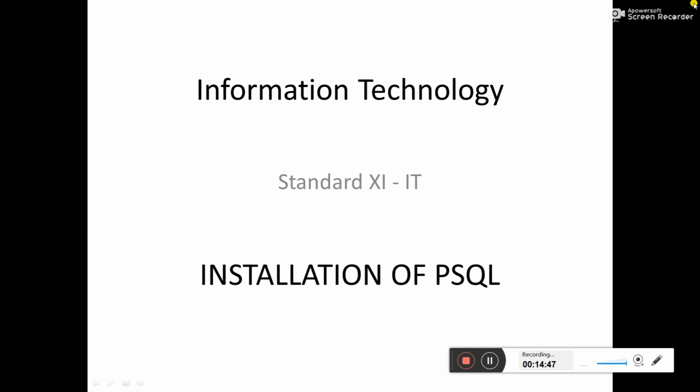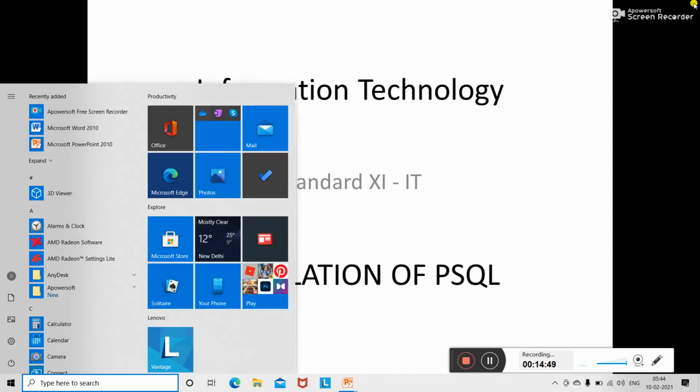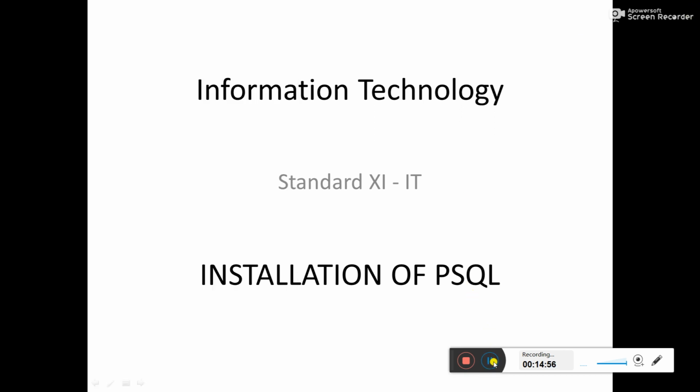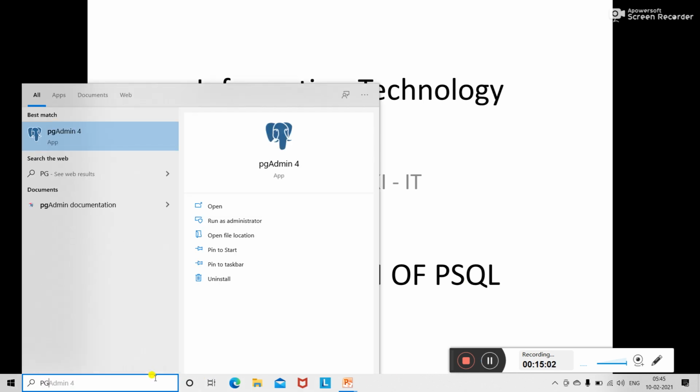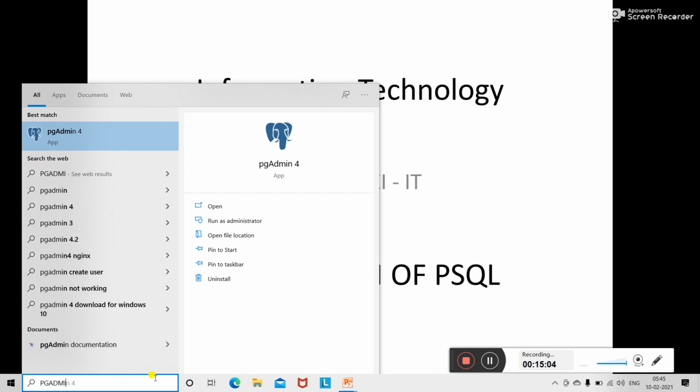Now go to the start menu and search for pgAdmin. See, you get this. Just click on this.